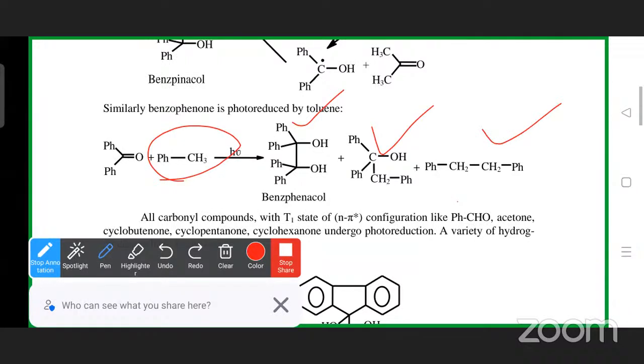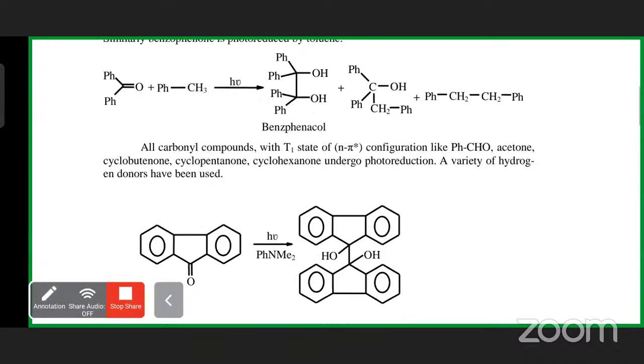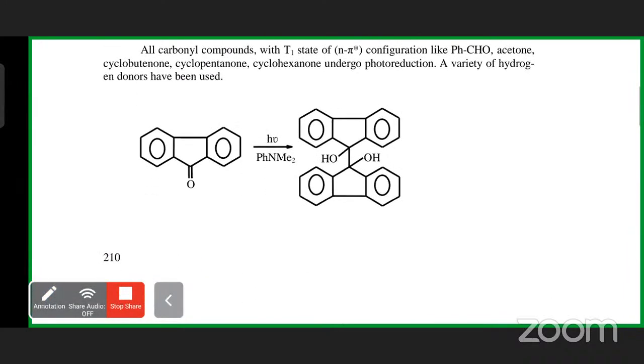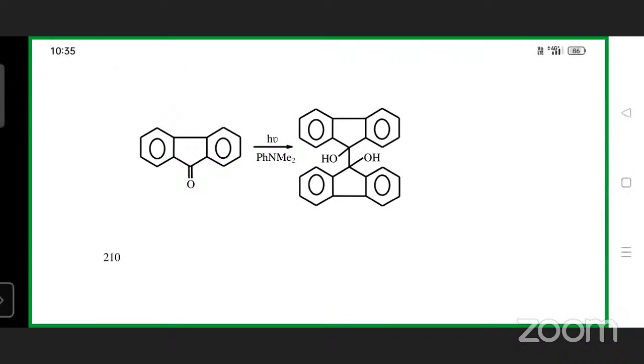Because there is no possibility for abstraction of proton here, that's why it is compulsory. It is undergoing the dimerization only. So we are getting this particular, sorry, we are getting the aliphatic compound here. So here also the same example, in the presence of the amine. So amine, it is going to form